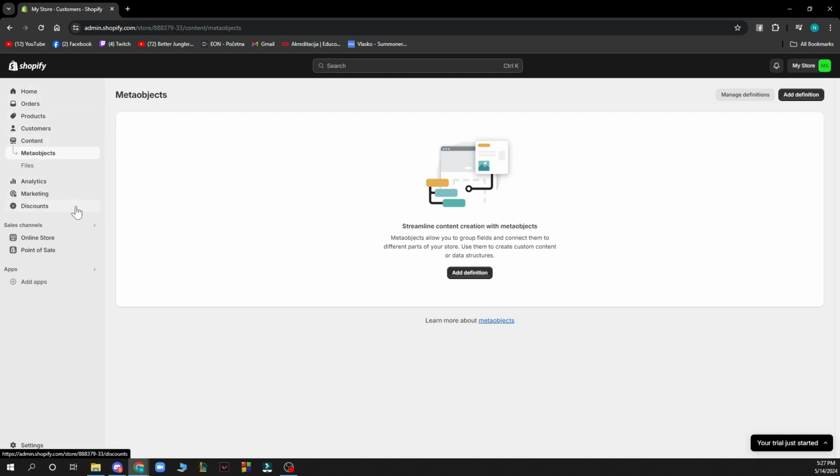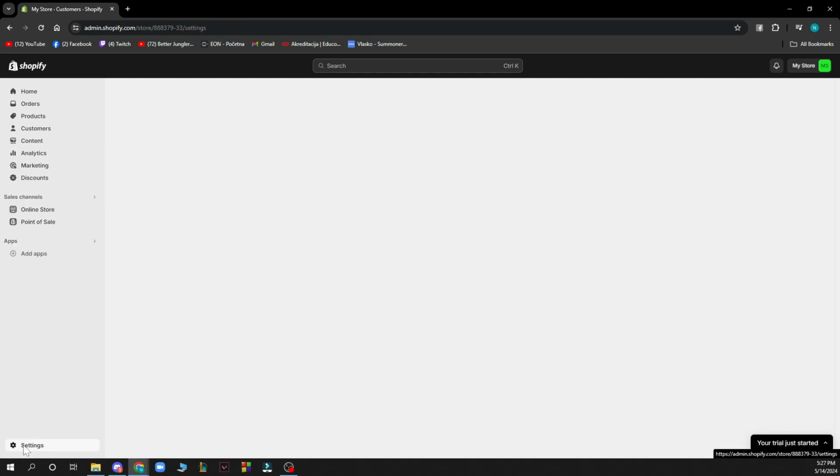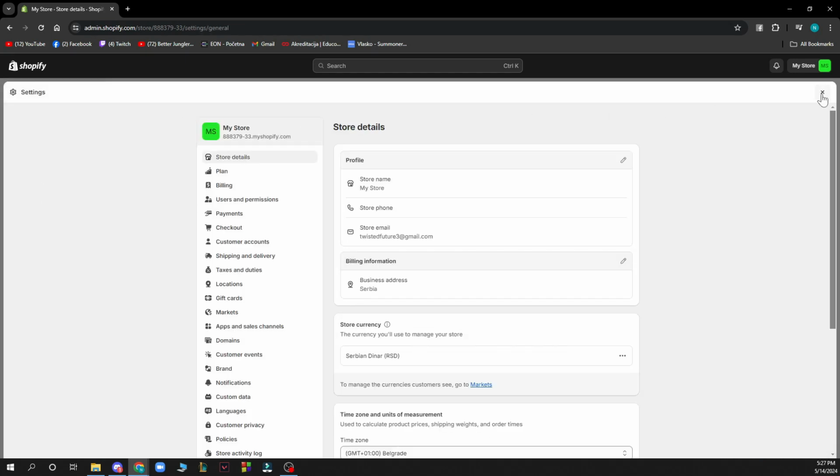Also, we have the sales channels where we have the online store and the points of sale. Also, we have the add applications where you can go and add some of the applications. And in the bottom left corner, we have the settings where you can find all of the settings about your